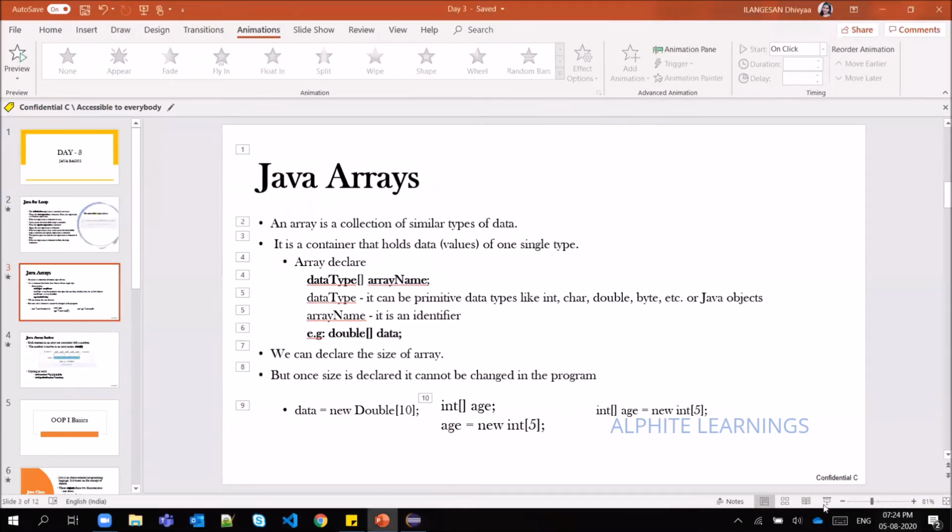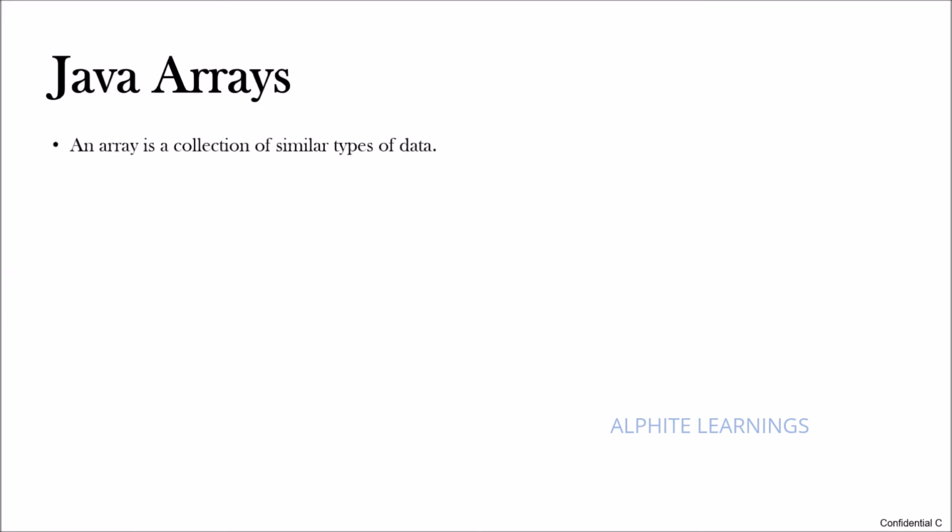So next comes the array, what I have just shown you in the program. Maybe you can understand it really well now. An array is nothing but a collection of similar data. What it means is, if you are storing char as the data type, then you can only store characters in an array. If you have declared int as the data type of an array, then in that case you can store only integers.